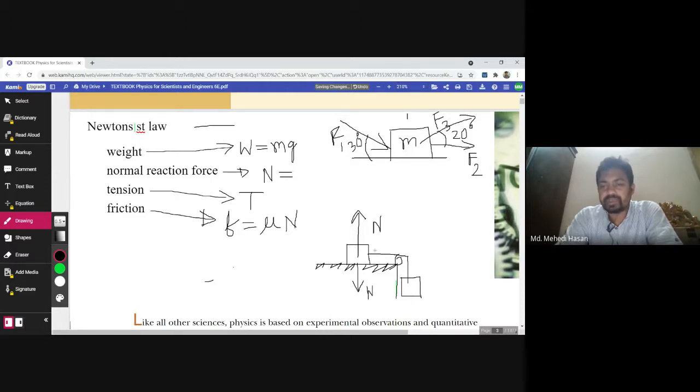Due to this string attached with another object, there is a force acting on the object which will move it rightward. The force on that string is called the tension. So this is the tension T, and the same amount of tension will act on the second object, away from the object in the upward direction